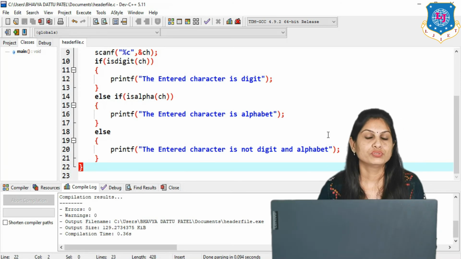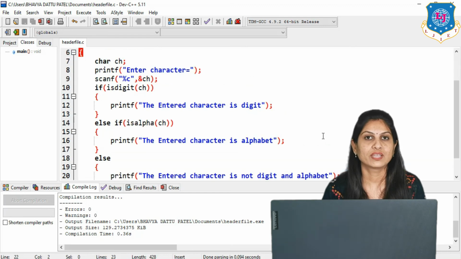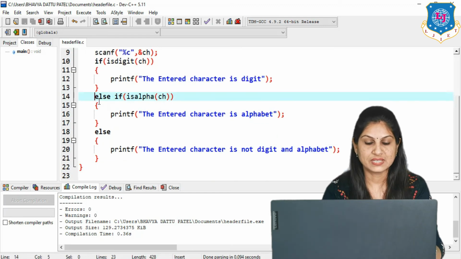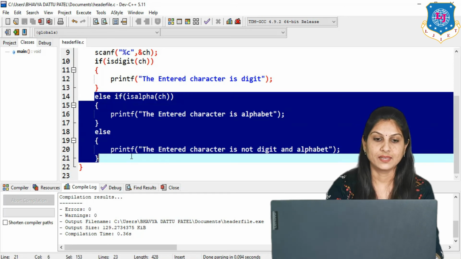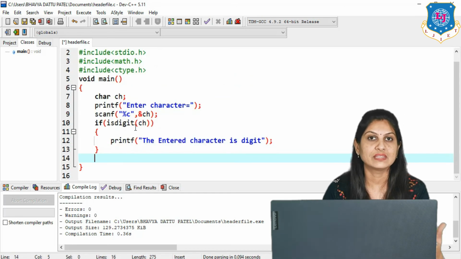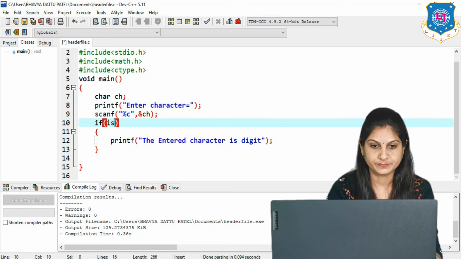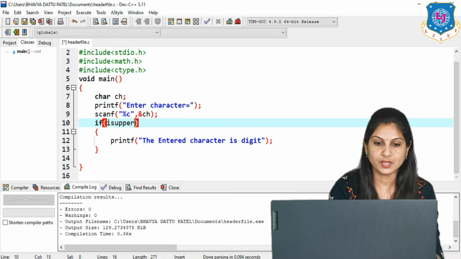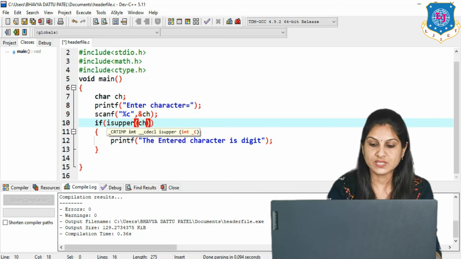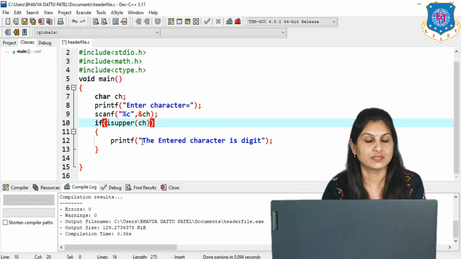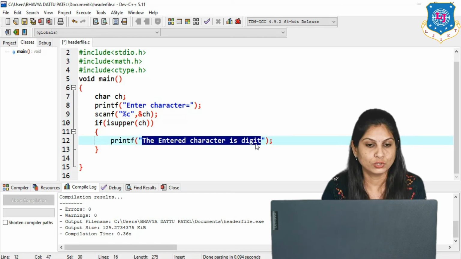Now here I want to do a program on how you can convert a particular character from uppercase to lowercase and vice versa. So first I use the if condition and use the function to check whether it is in uppercase or not, that is isupper, and write the name of the variable ch. If this condition is true, it means our character is in uppercase and we want to convert it into lower.